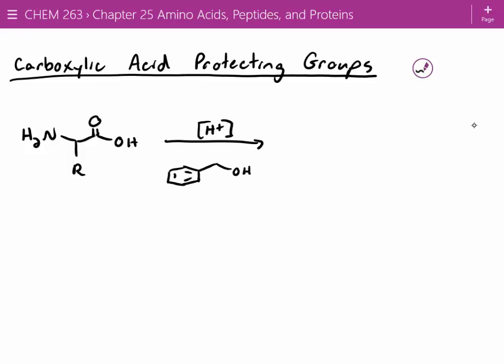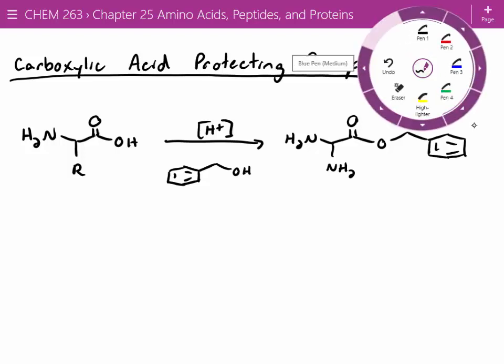What do you think happens when we do this? Yeah, just an esterification, right? So just like we did in our acetate esters lab, if you've got a carboxylic acid and an alcohol, you can turn it into an ester. Pretty easy. I'm not going to show the mechanism for any of that. But the nice thing with this ester in particular,